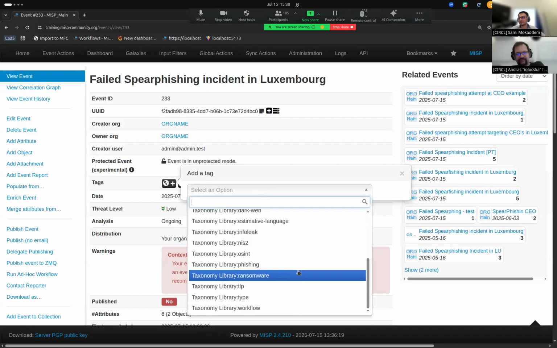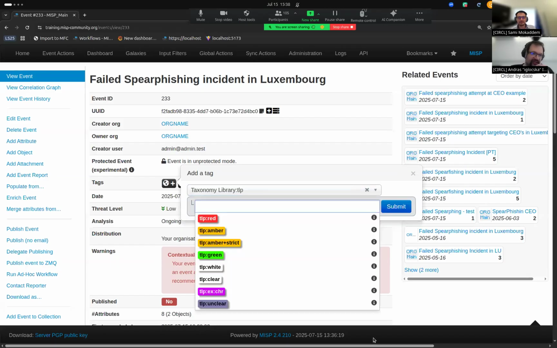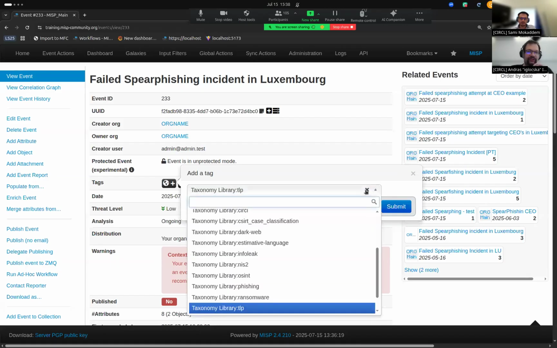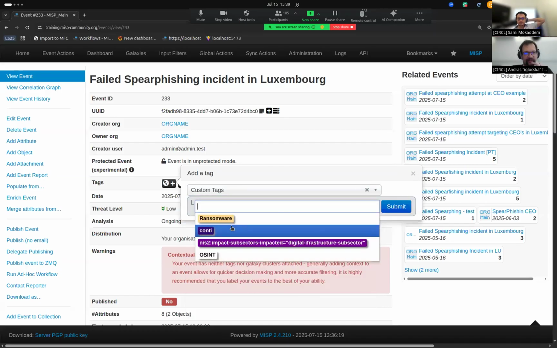Like we want to add a TLP tag, it's going to be in the TLP library. So I will just type TLP and I will have it show up in the dropdown. There is one exception, which is not all tags come from libraries actually. So you don't have to have a tag belong to a taxonomy. You can create ad hoc